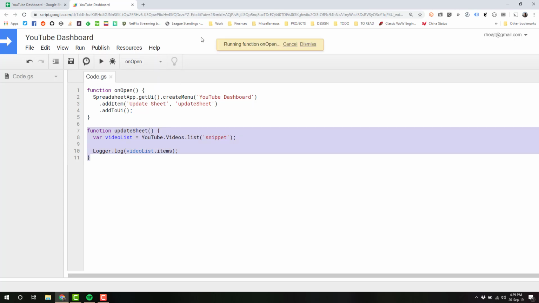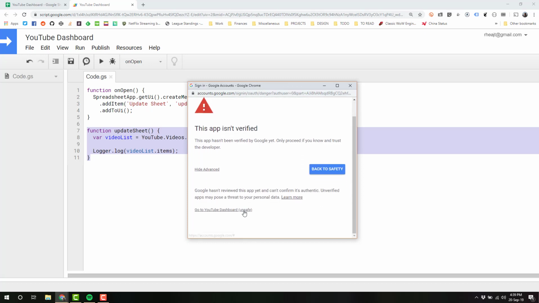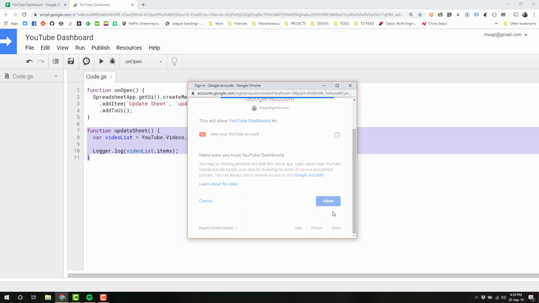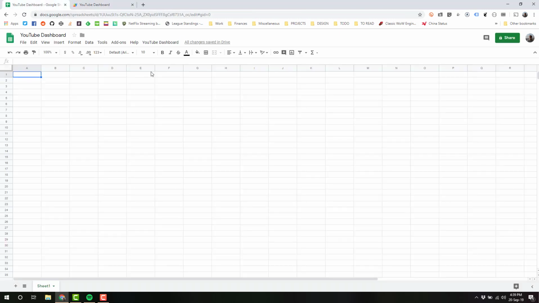So let me go ahead and add this to the spreadsheet, which is going to require some permissions, which is not a problem. I want to be able to view information from my videos. And since this is a commercial account, I have to click on the unauthorized, but that's okay. So now I've got my YouTube dashboard here, and if I click update sheet, it's going to run